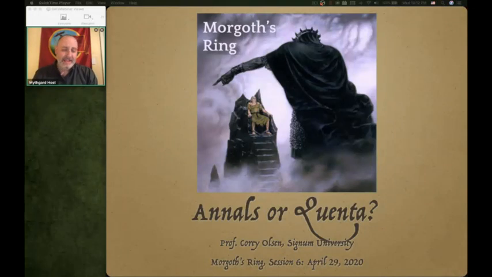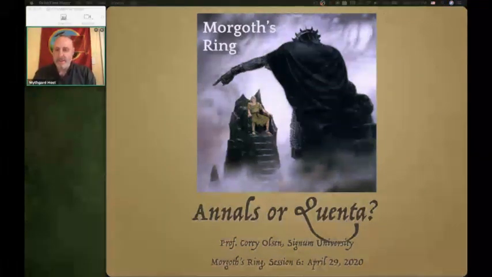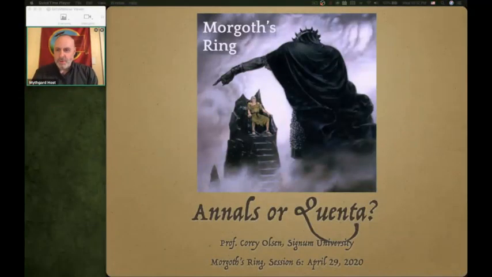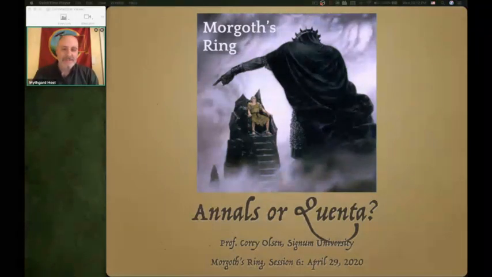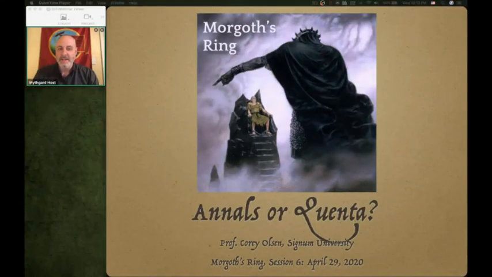It's session 6 on Morgoth's Ring as we continue. I know that for some it was going to feel like a slog. It feels a little bit to me like a slog in places. This stuff is really fascinating stuff, but it requires very close comparison, not only of the texts that we're reading with the published Silmarillion, but with each other and with ones back in previous volumes. This section of Morgoth's Ring is not exactly beach reading,